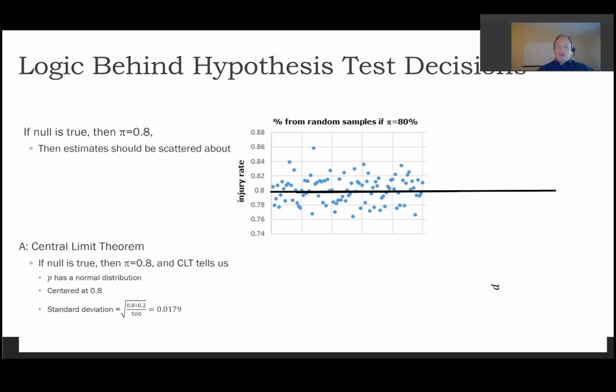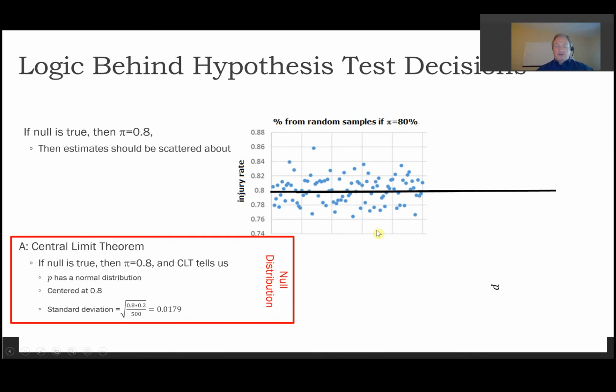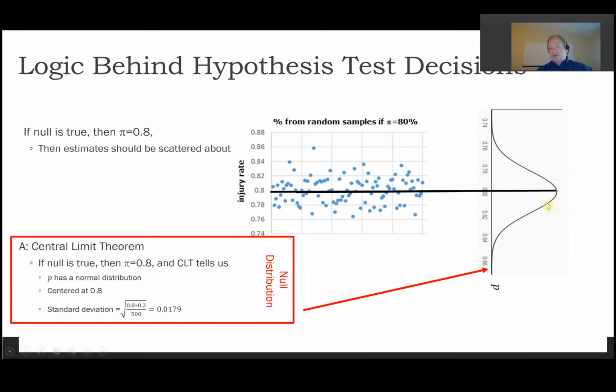So now we're going to introduce the central limit theorem. The central limit theorem actually tells us what this pattern of the scatter looks like. It says that it's a normal distribution. And so it looks like this. And so this is what the population of sample percentages that are taken from a population where the true proportion was 80% look like. Most of them are going to be around the population parameter value. We're going to get a few samples where there's a really high percentage, like 86, a few samples where there's a really low percentage, like 74, and overall it will look like this.